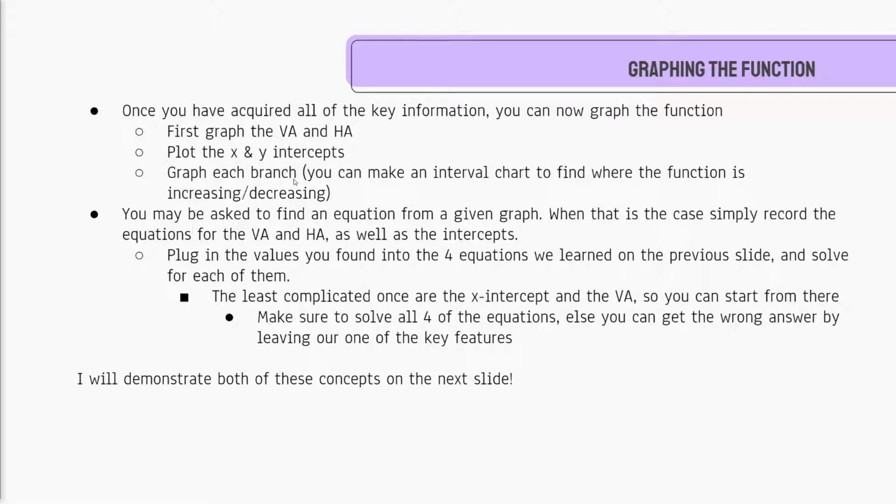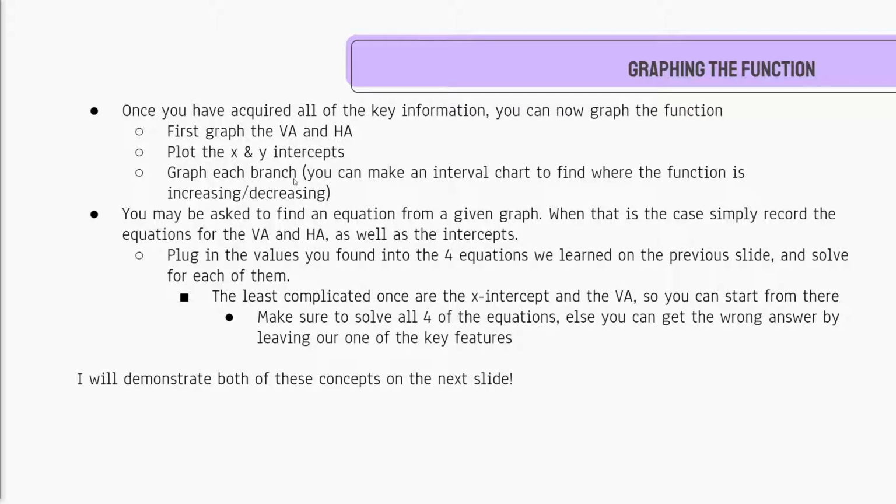With those, you can now find your a value from the horizontal asymptote, for example. Let's say it's 2. So we know that a over c is equal to 2, and we know that c is equal to 1, therefore a has to equal 2. So now we only have one last variable left, which is b, and if our x-intercept was something along the lines of, let's say, 4, we know that 2x plus b is equal to